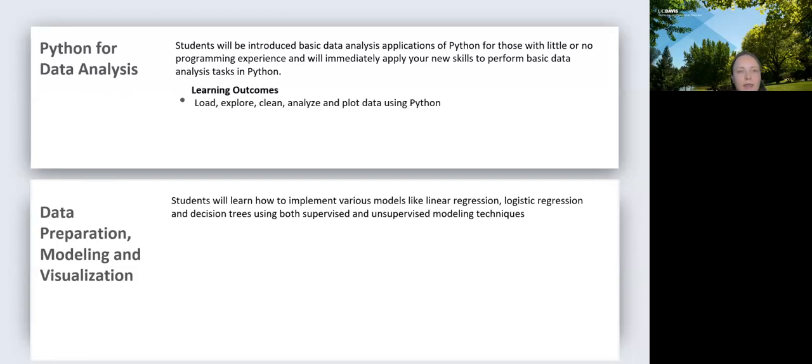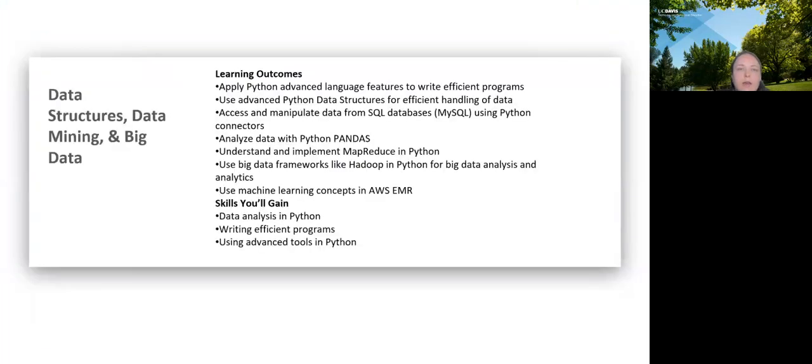And the last class is going to be data structures and data mining with Python, which is going to be pretty advanced. We're going to be using some advanced Python programming features with an emphasis on cloud computing so that we can solve large data problems. And now let's move into